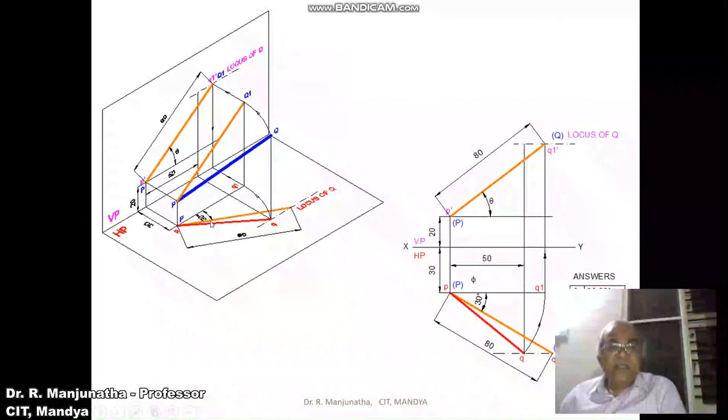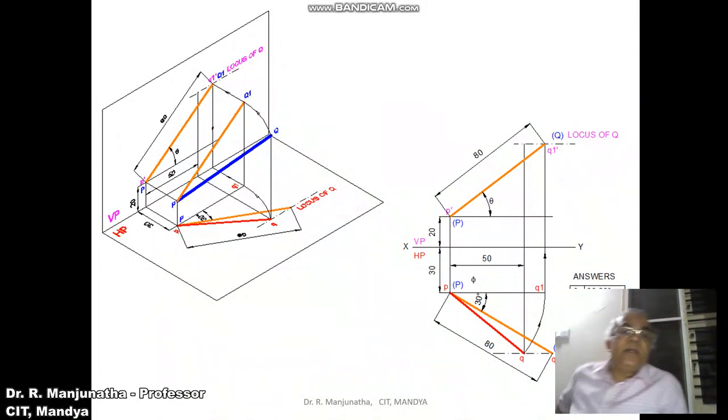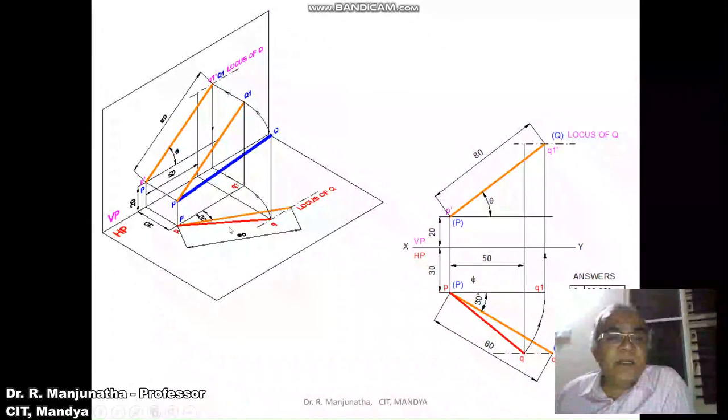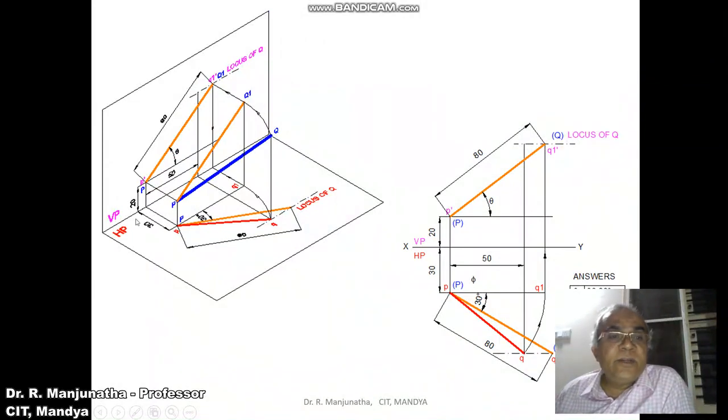So what we have done is we have taken the true length in the vertical plane. So you have got the line here. So how did you get this line? Because you have the true length line and also its inclination. And we know the distance between the end projectors is 50 mm. Since the locus of Q is here, you are going to get the top view. So once you get the top view, you rotate it, make it parallel to VP. That means with P as center, you take the radius of PQ, you rotate it, make it parallel to VP. So that means both P and Q1 are in front of VP by 30 mm.